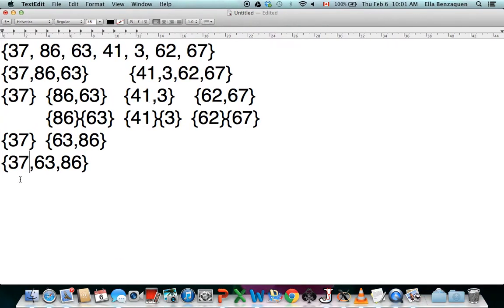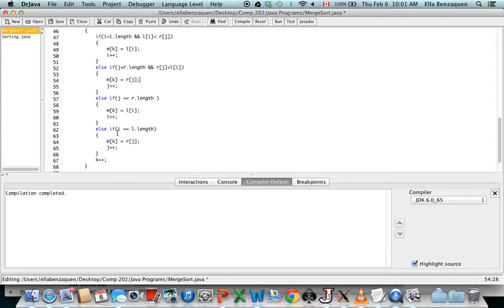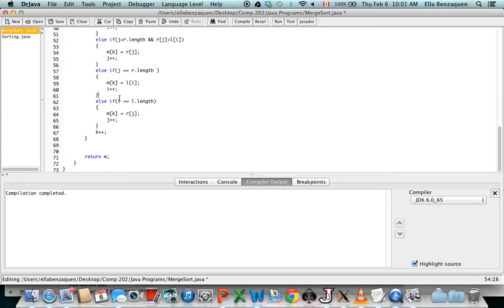And then I'm going to increment the left position by 1, but it doesn't exist anymore. However, my jth position of my right array is still at 0, but because I have met the i is equal to the L dot length condition, so my i at 1 is actually equal to the length of that array